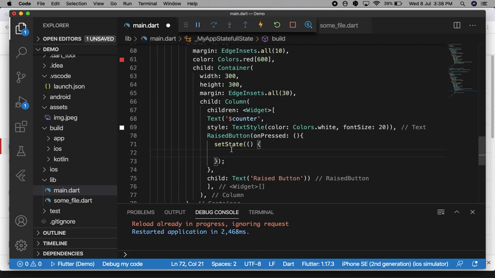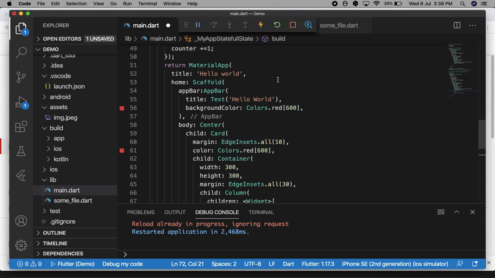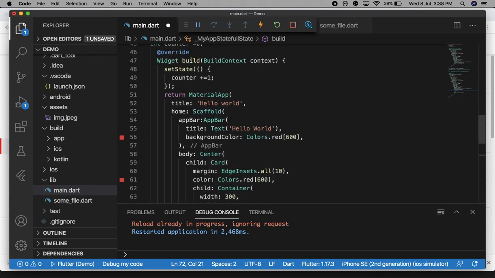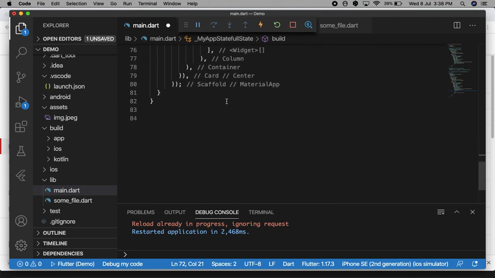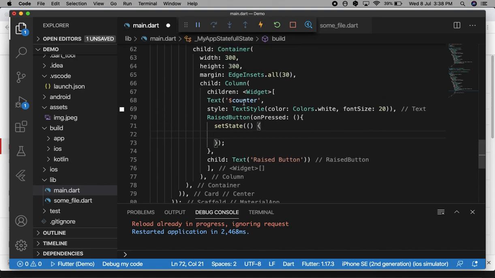When this method is called, it will rerun the build method with the updated value of the counter, and this counter we are using in the text, so it will be updated then.